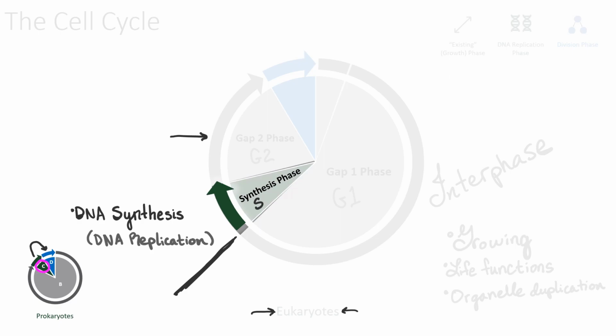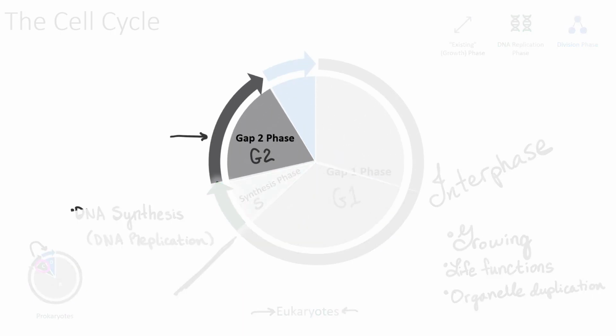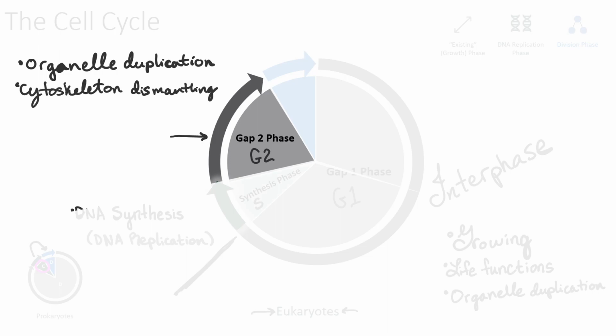This second gap phase is super important though, because remember, unlike prokaryotes, eukaryotes have organelles. If the cell is about to divide into two new cells, we definitely want to make sure that the new cell has the organelles that it needs, right? So in the G2 phase, some more organelles are duplicated, and the cytoskeleton is dismantled to provide resources for the